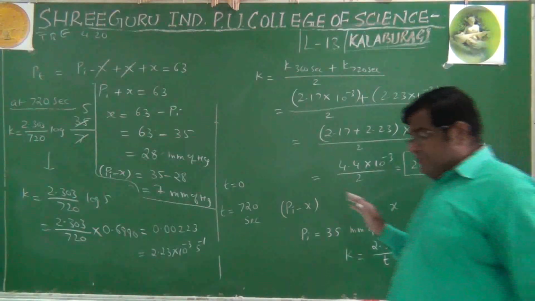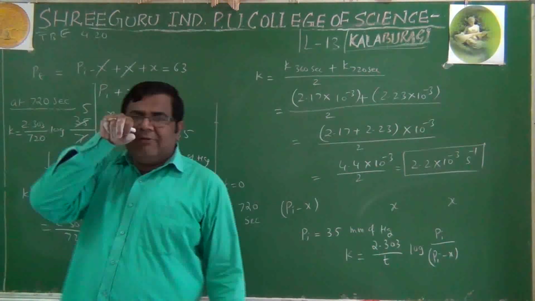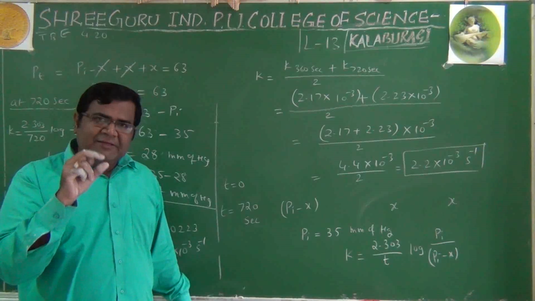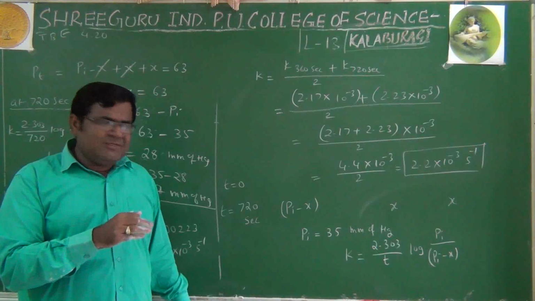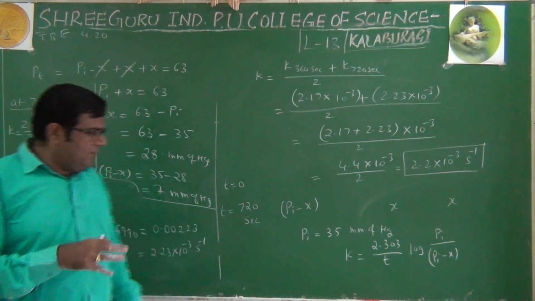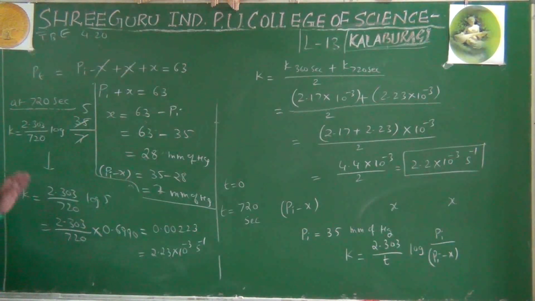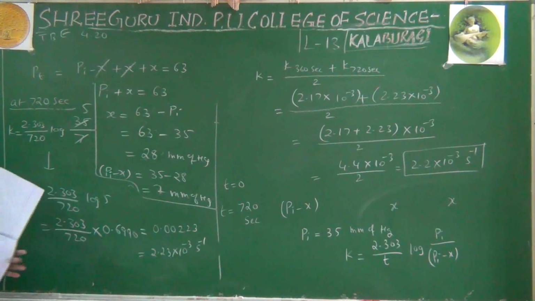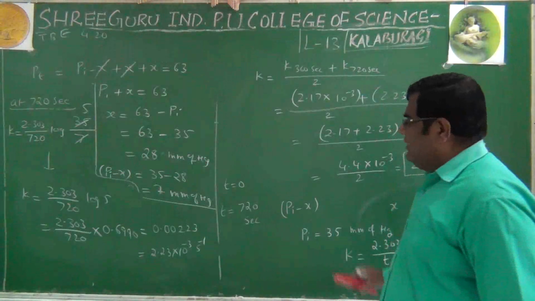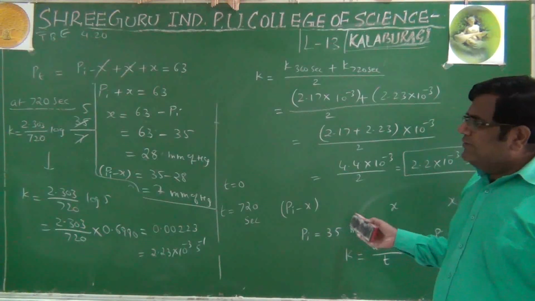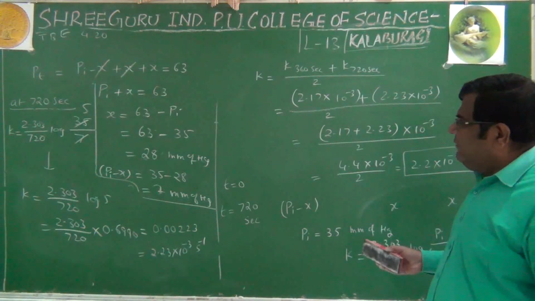So this is the rate constant we have obtained. Quite a lengthy question, but important is how to arrive at the value of Pi, the initial pressure, and the pressure after time t, and time t. This is very important. This needs some practice. That's why we are taking this question. So this was the question regarding the gas phase reaction, first question. Now we'll do one more question in this series. I hope that you are understanding that. If it is difficult, you can clarify it.